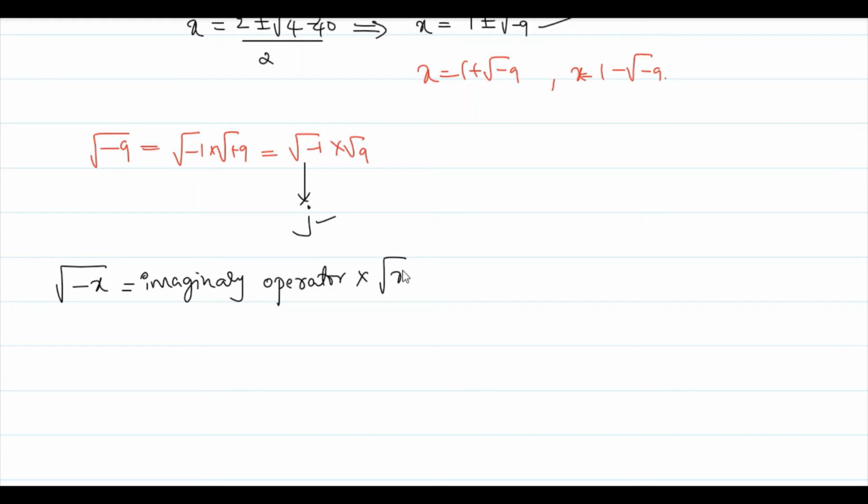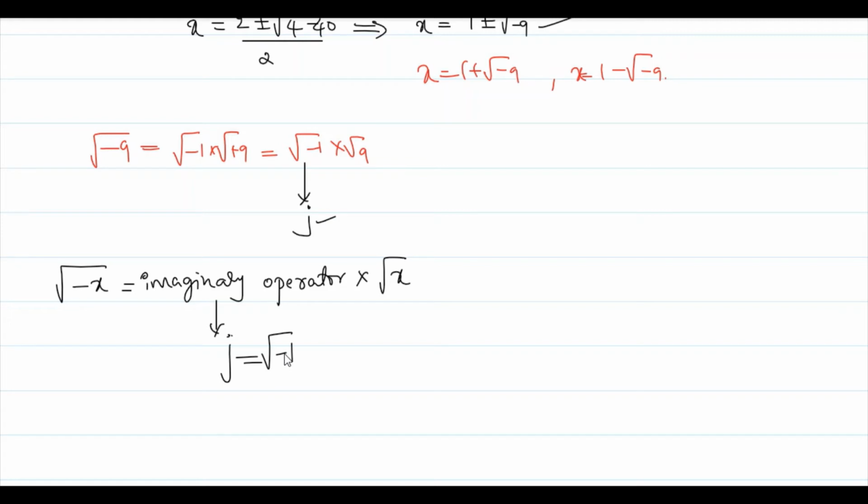into the square root of the real value of x. This imaginary operator is written as j, so this operator is called the j operator. This value is always equal to root of minus 1. Any value can be multiplied by 1, and if there is a negative sign, we can write it as minus 1. Especially to calculate the roots of these negative values, we are going to adopt this operator.